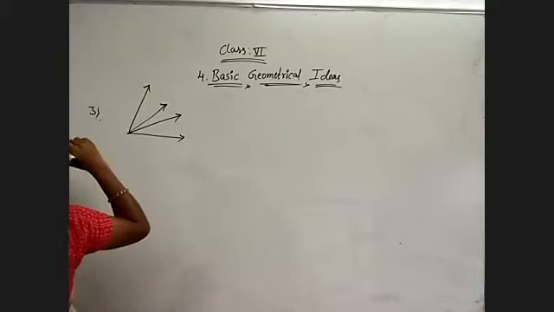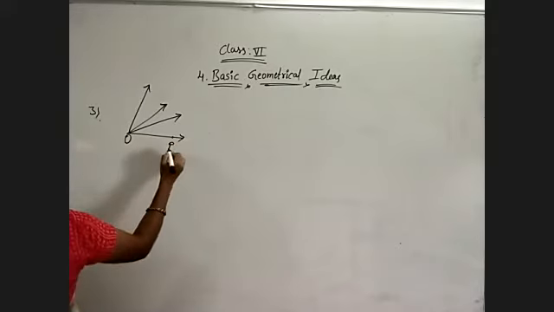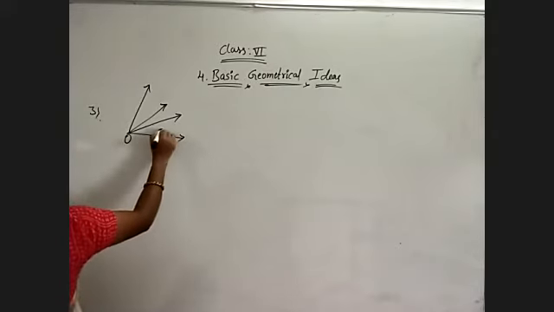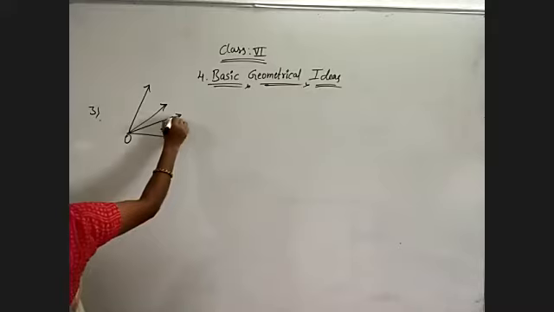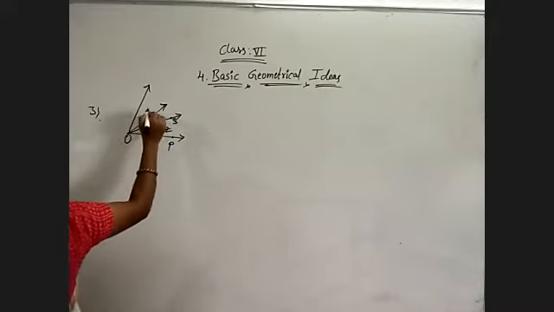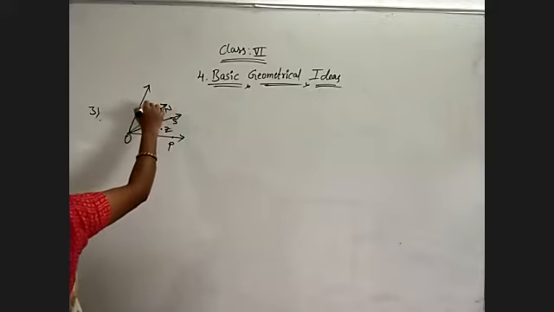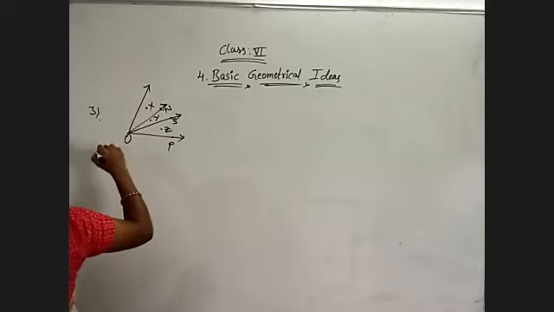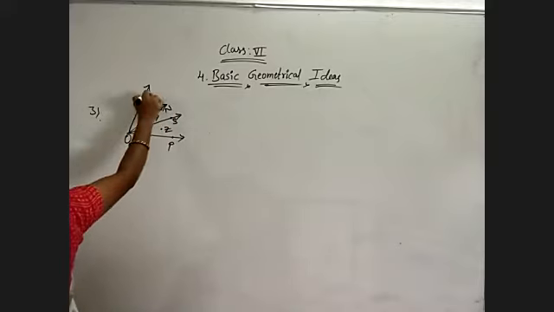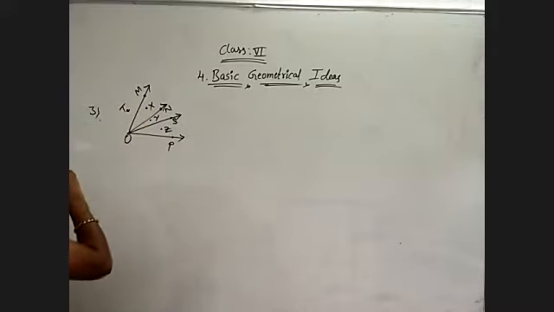Like this, four rays are given: O, P, Z, S and Y. Here N, X, M, T. So like this, points are given, and they are asking to identify the point that